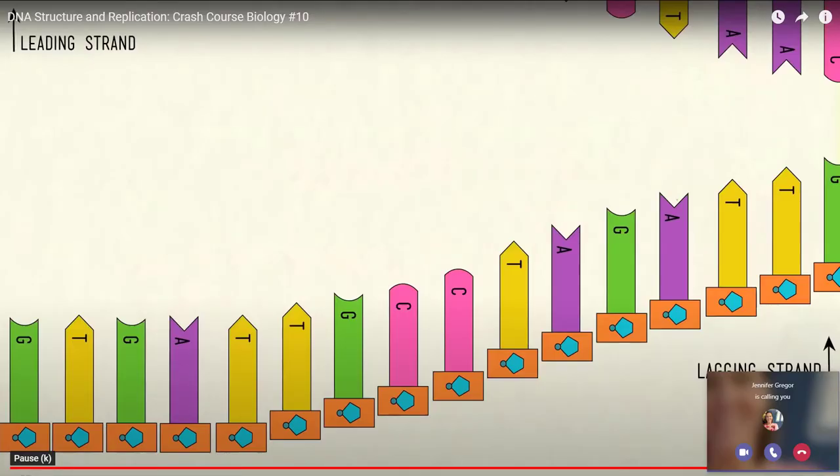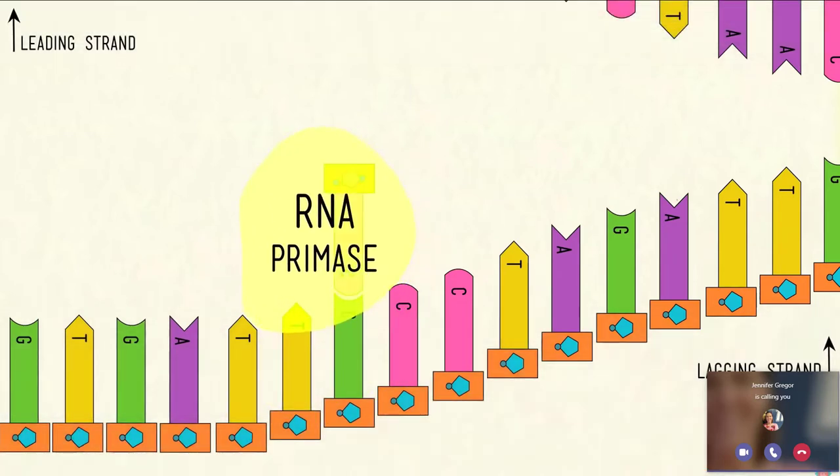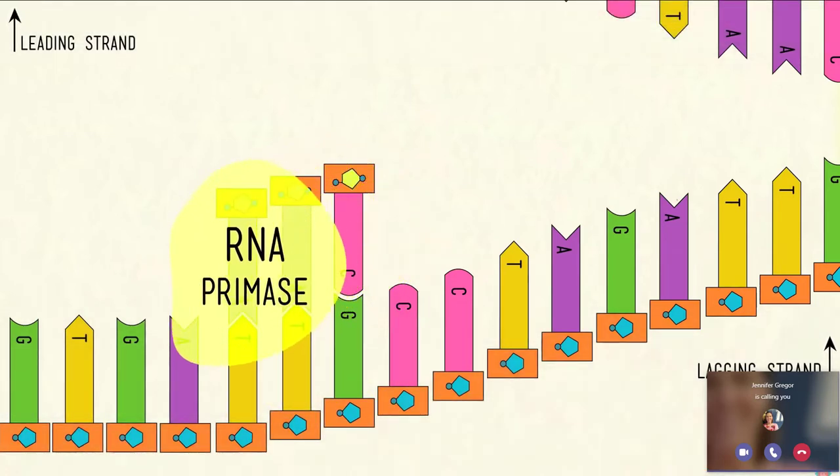Copying the lagging or scumbag strand is, well, he's a freaking scumbag. This is because DNA polymerase can only copy strands in the 5' to 3' direction, and the lagging strand is 3' to 5'. So DNA polymerase can only add new nucleotides to the free 3' end of a primer, so maybe the real scumbag here is the DNA polymerase. Since the lagging strand runs in the opposite direction, it has to be copied in a series of segments, and here that awesome little enzyme RNA primase does its thing again,